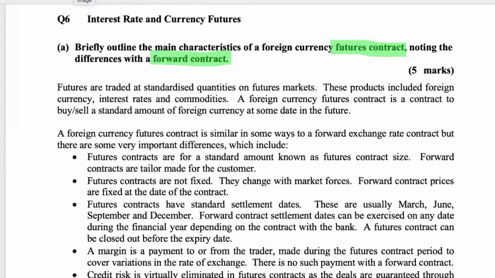So with a futures, no one knows each other. You won't know the seller. Whoever's selling contracts, you don't know who they are. You just see the volume, you see the prices they're willing to sell at. It's an open market, and prices fluctuate on what's called a tick by tick basis.